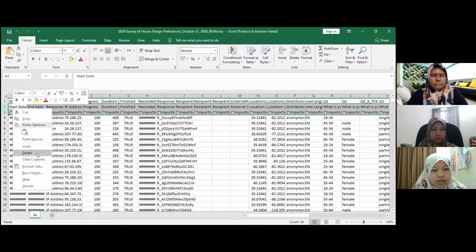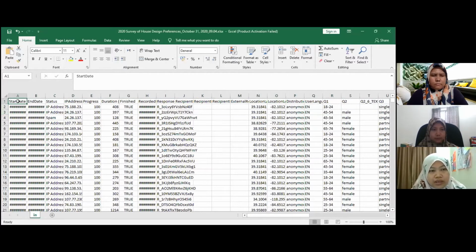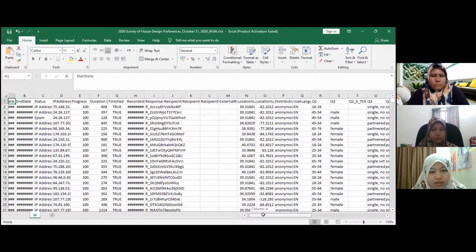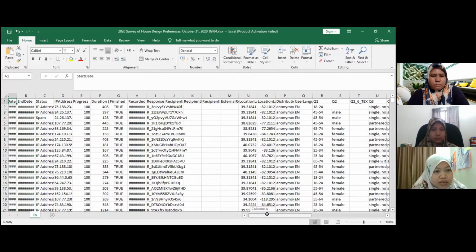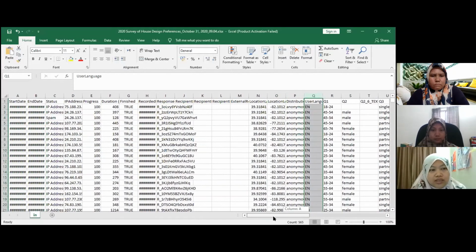Okay. First, remove these 2 rows because they are similar. So we need just one column header. And then after that, we see that most of the columns from A to Q, we actually do not need in our analysis.